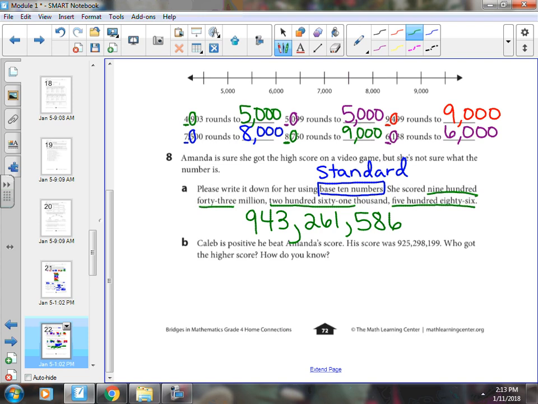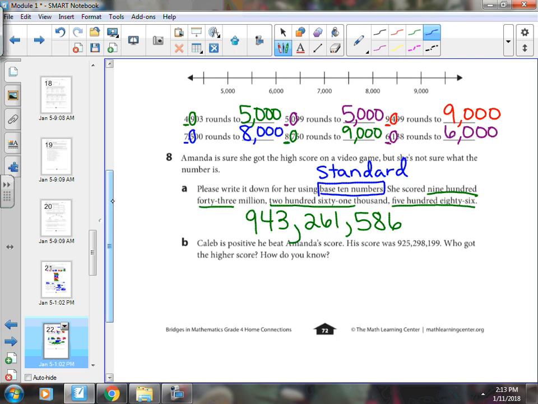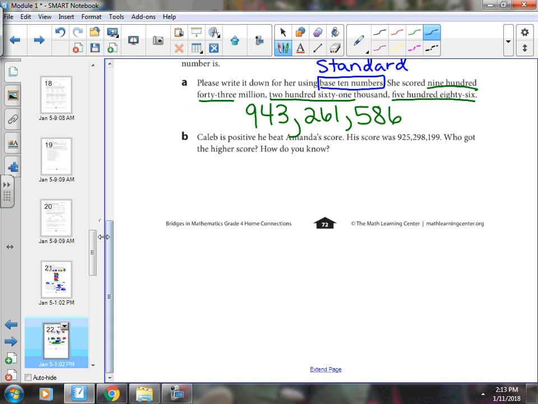Caleb is positive he beat Amanda's score. His score was 925,298,199. Who got the higher score? How do you know? So, what's her name? Amanda? I scrolled down too far. Amanda, yep. Amanda is more. Amanda won because,